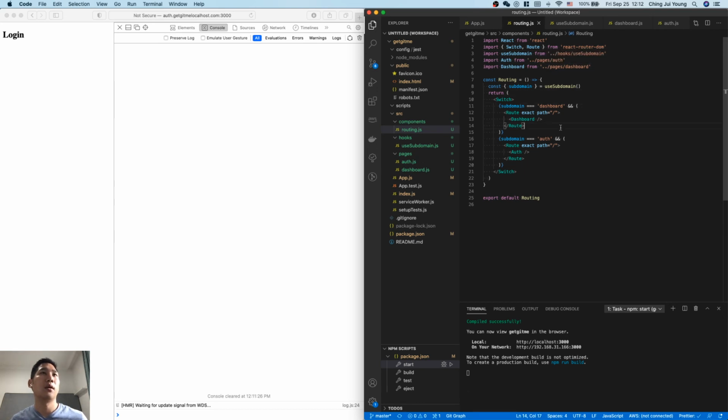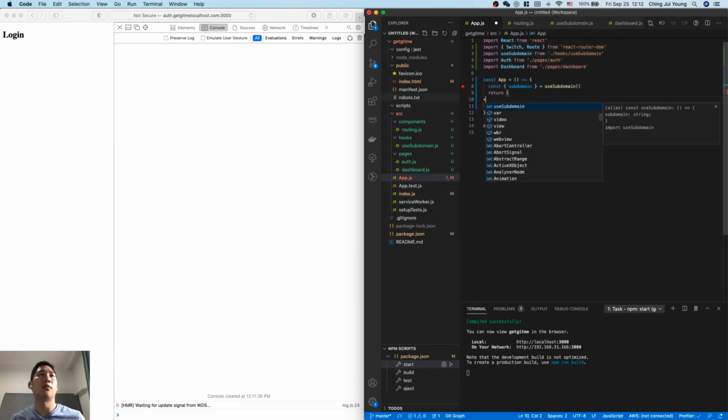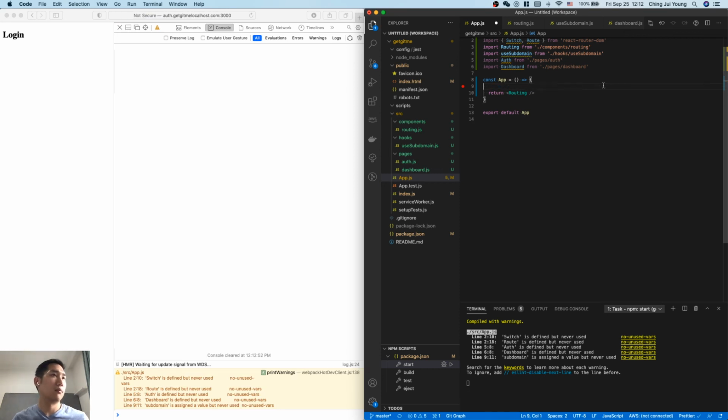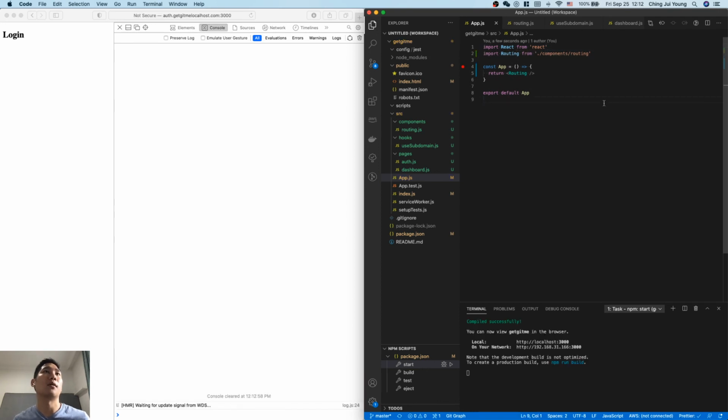I think it's called routing subdomain, and return the switch statement. Okay. And then in here, we can just import the routing component. So we can take all these out. Pretty good. Okay, so